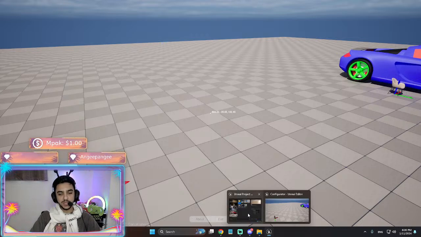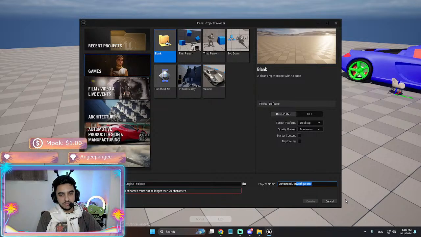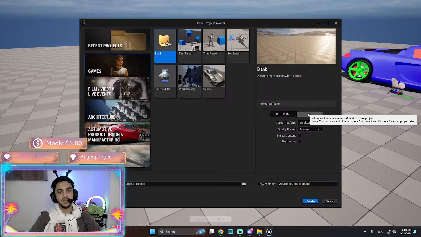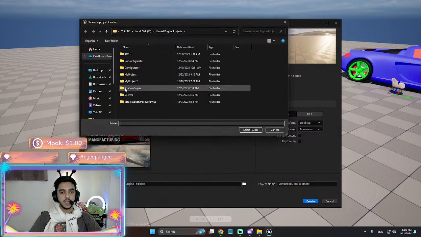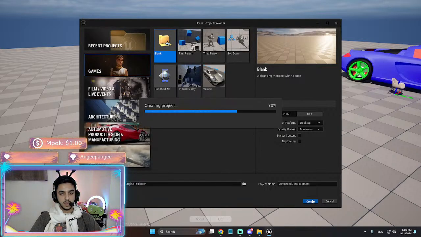Let's see if we can use that name. Advanced dot movement. We're gonna name it like that, and it's gonna be a C++ empty project. Yes, this is in a good spot. Let's create it.